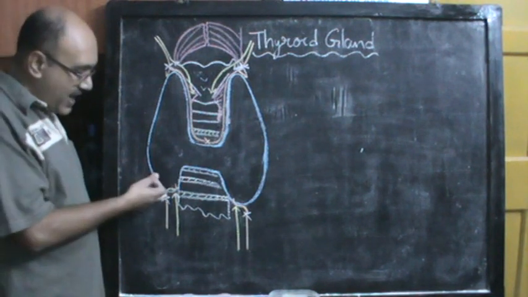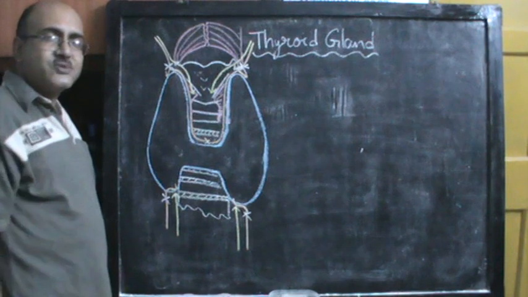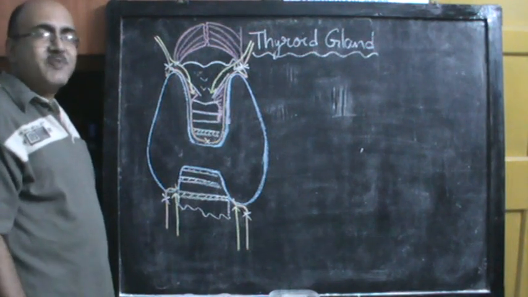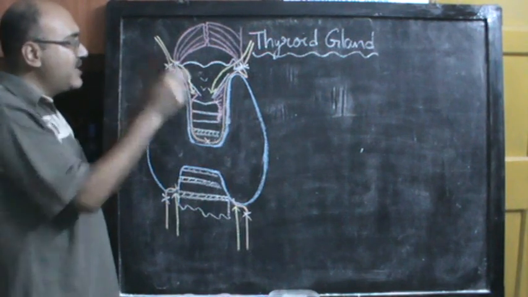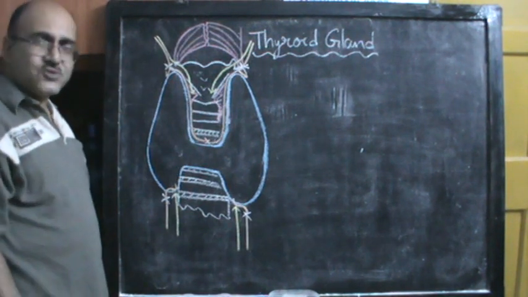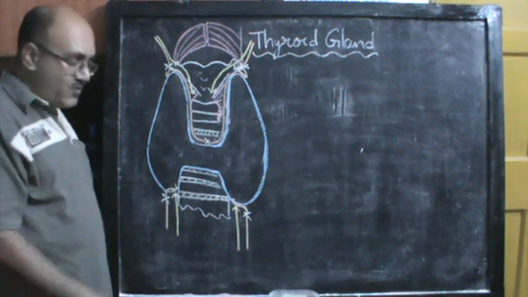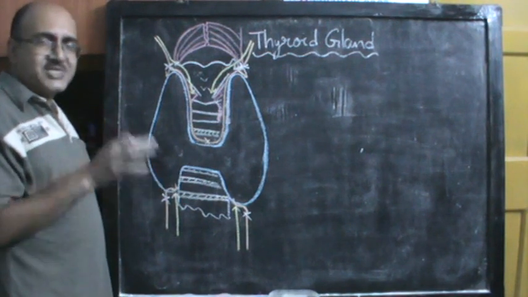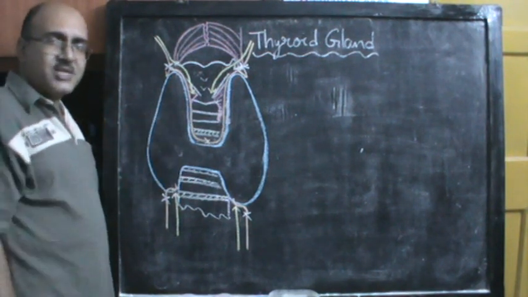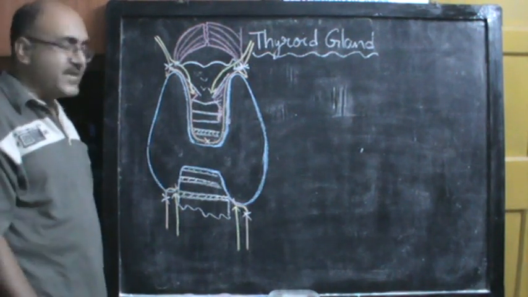So if you tie up the trunk of the inferior thyroid artery at the lower pole, you are going to damage the blood supply of the parathyroid gland. So roughly, although we are saying you tie the superior thyroid artery close to the upper pole and you tie the inferior thyroid artery away from the lower pole, in case of the inferior thyroid artery it is always better to dissect out the individual branches going into the thyroid gland and tie them up, rather than try to tie the artery as a whole.